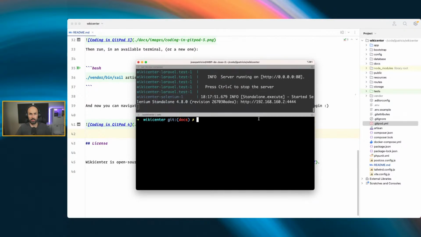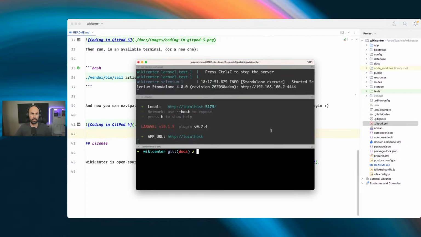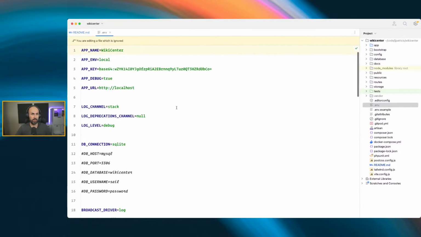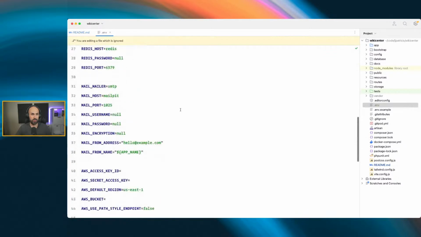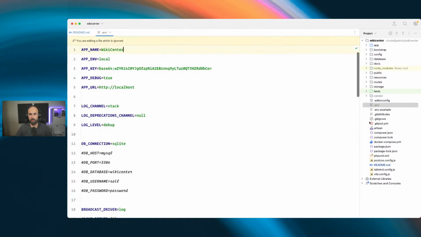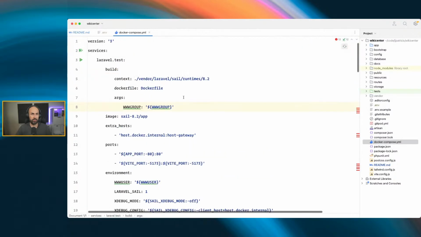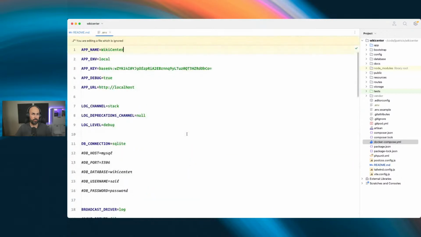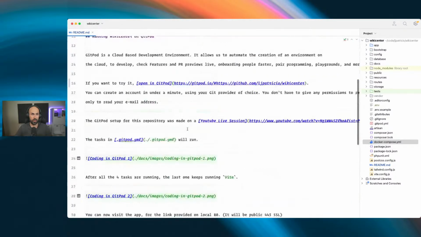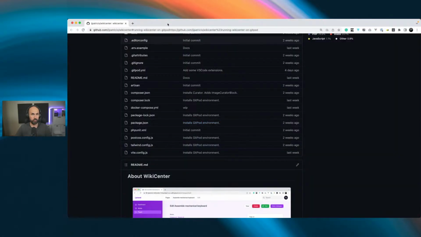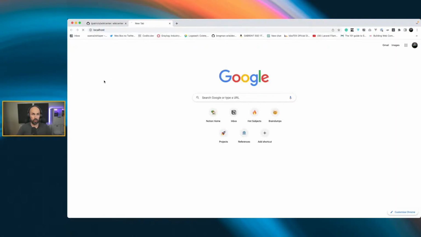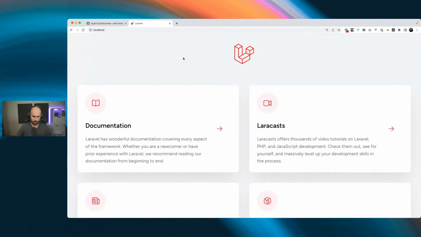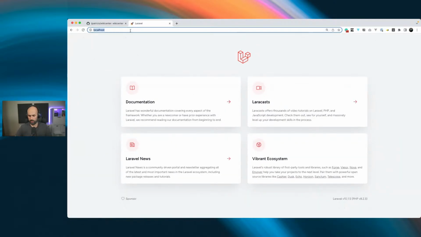I also have the vit in place. 5173, why is that? Have I been messing with some ports? Typically it is 5174, so I don't know what happened, don't remember. Okay, let's see. How's it going? So, let's just go into localhost. Yeah, and sure enough, we have the environment,